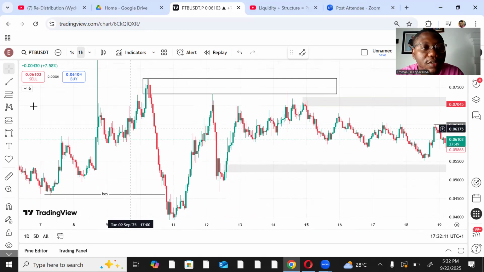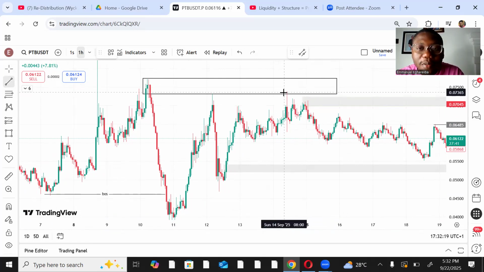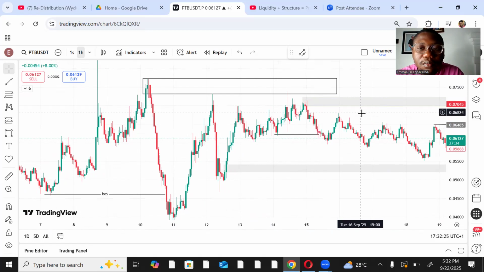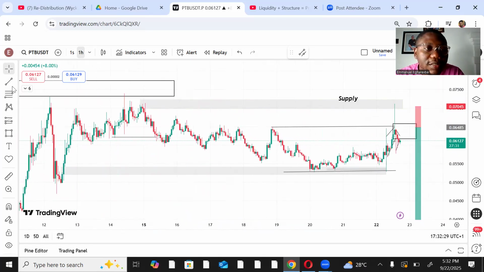Basically, that's what we're coming here to do. So we're filling all of this supply. We're coming back to fill all of them. Then, look at the moment price tapped into it, broke structure from here. And we began to go down, creating this trend line liquidity,